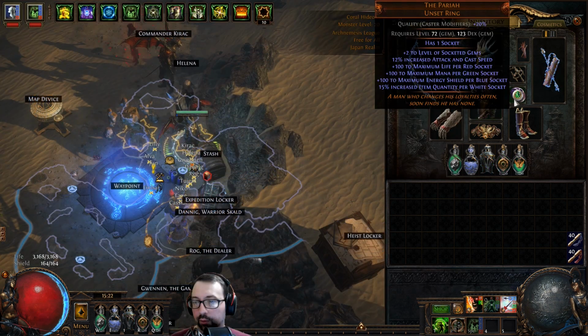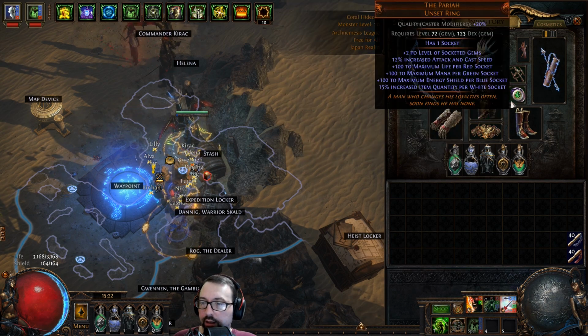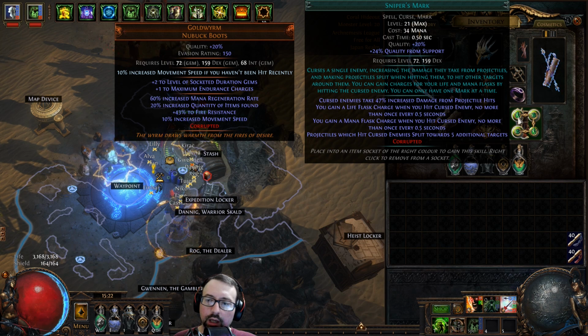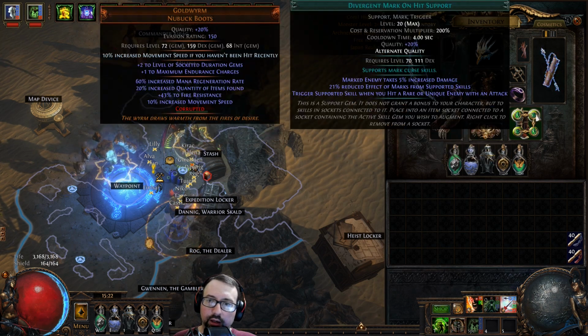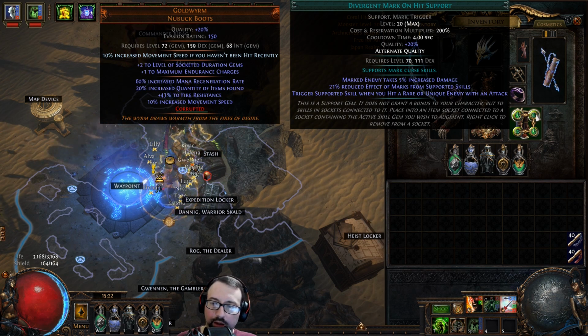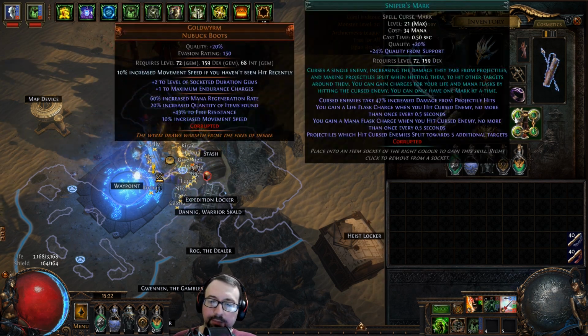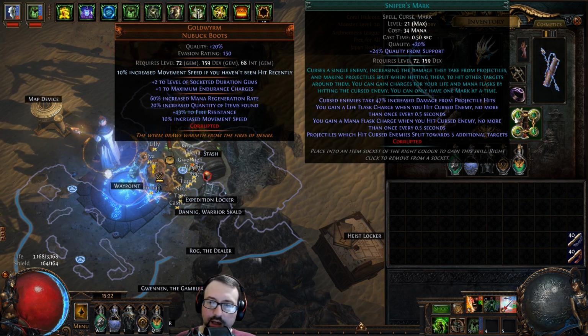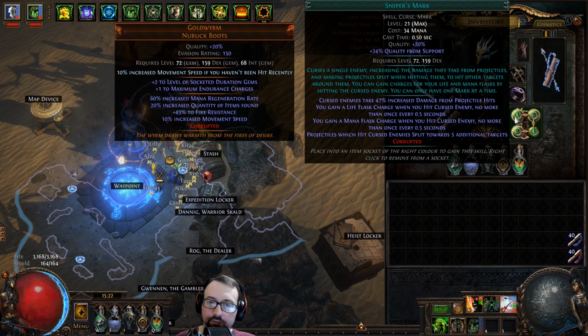Okay, we're almost getting done, aren't we? Let's go to the boots. Sniper's Mark and Divergent Mark on hit support. If you weren't aware, this doesn't even have to be linked to your main hand ability to work. Sniper's Mark is insane. It just automatically puts Sniper's Mark on the target, and then makes